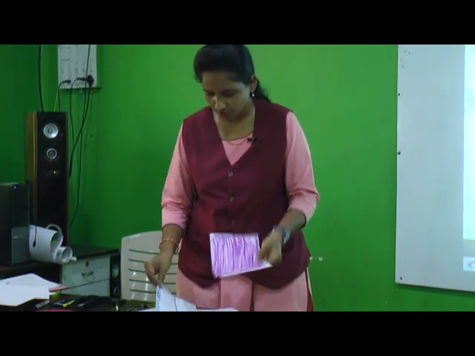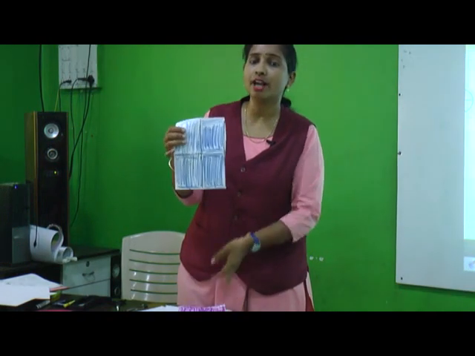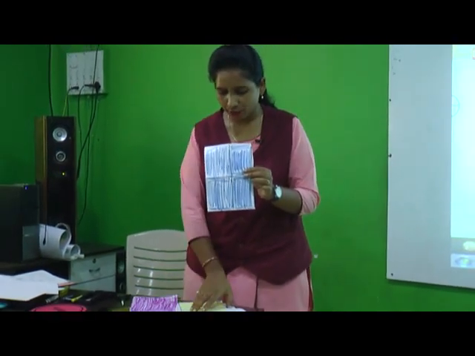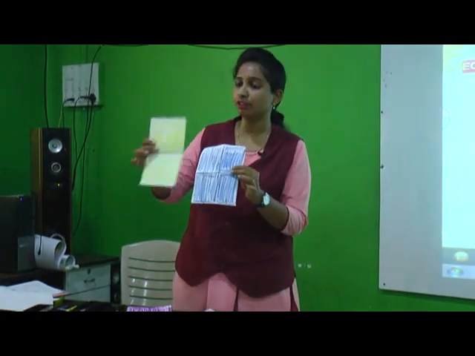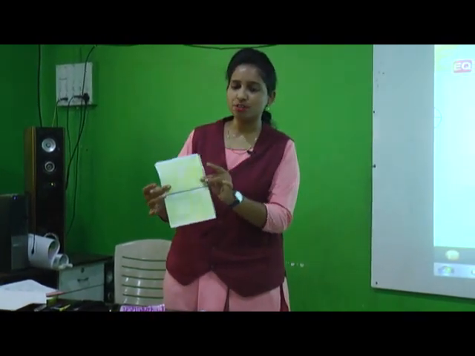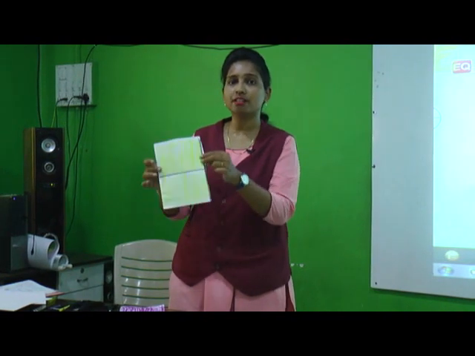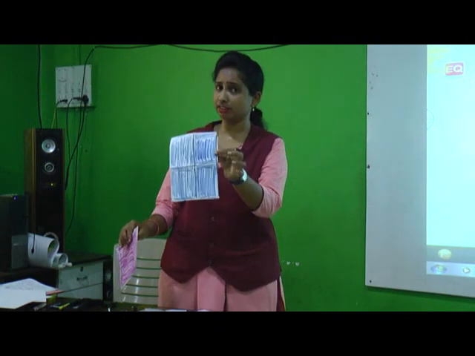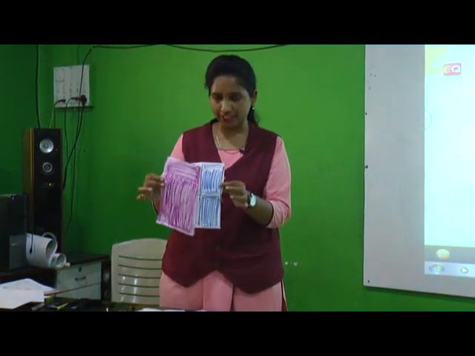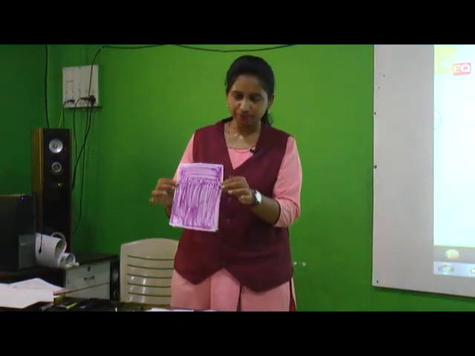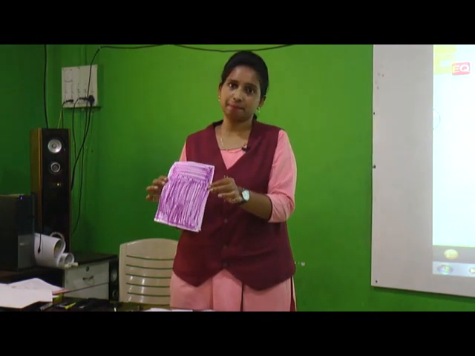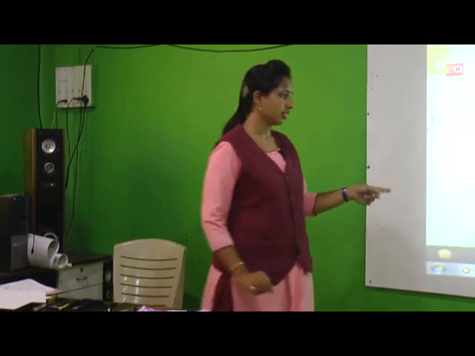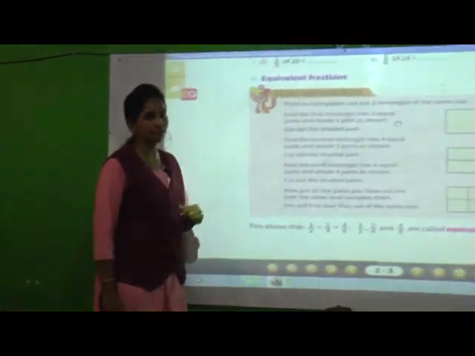Now, we will observe. See, here we have made 4 equal parts, isn't it? We have colored. But when I join these 4 parts with 2 parts, what can you observe, students? The 2 parts are the same size. Again, if I compare these 4 parts with the one shaded part together, see, same. This is what? Equivalent fraction.